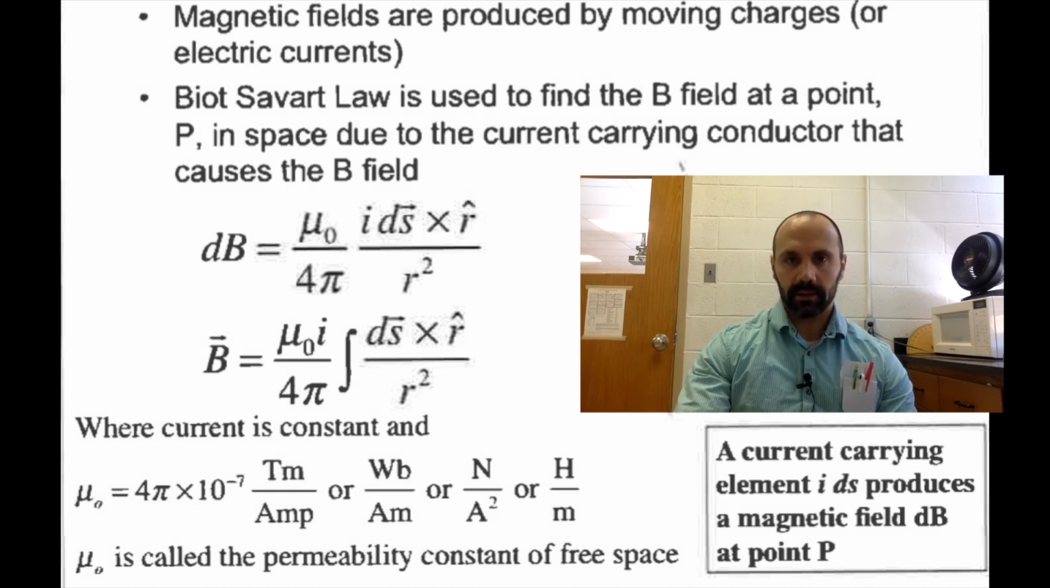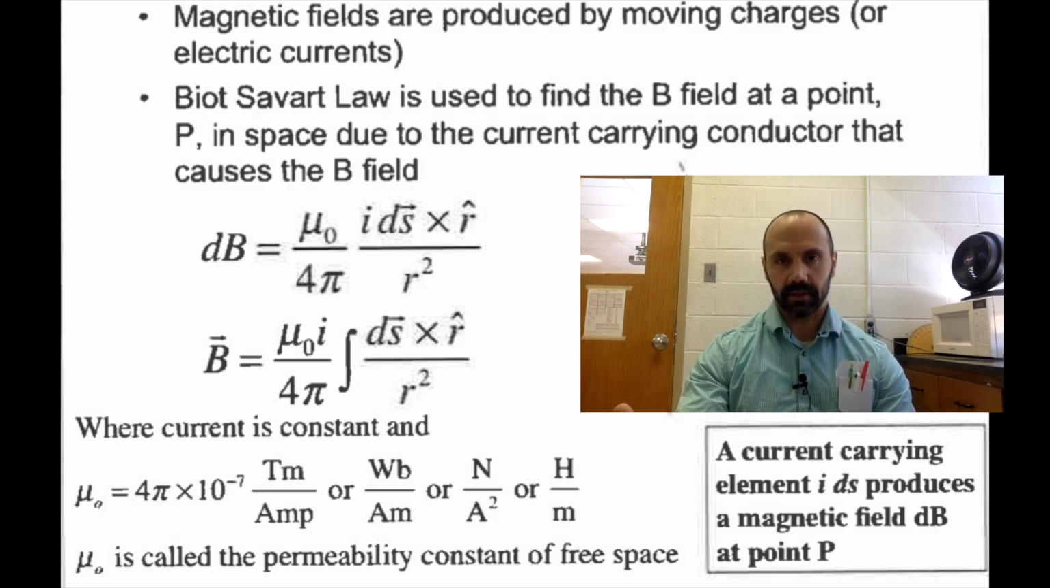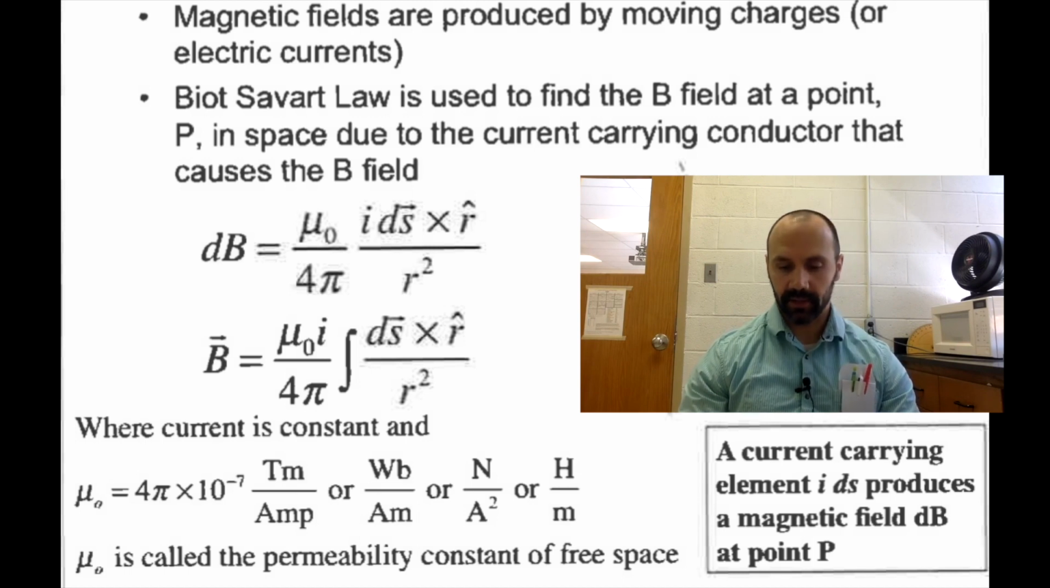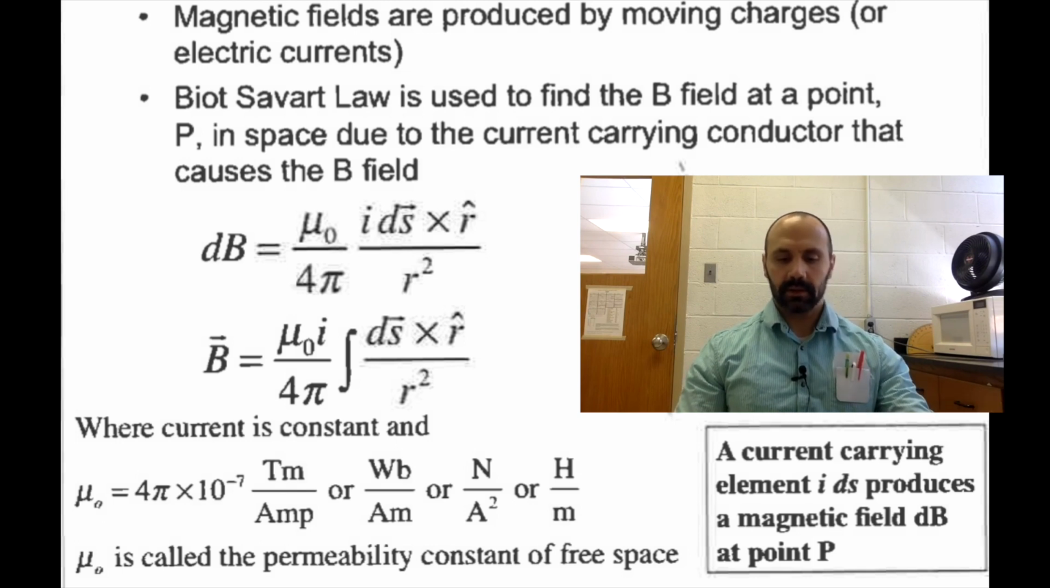Mu naught, by the way, is the magnetic equivalent of epsilon naught. Remember, epsilon naught was the permittivity of free space. Mu naught is called the permeability of free space, and that's 4 pi times 10 to the negative 7th Tesla meters per amp, or Webers per amp meter, right? There are so many different units that we've come up with by now. And so B is given by mu naught I over 4 pi, and then the integral of ds